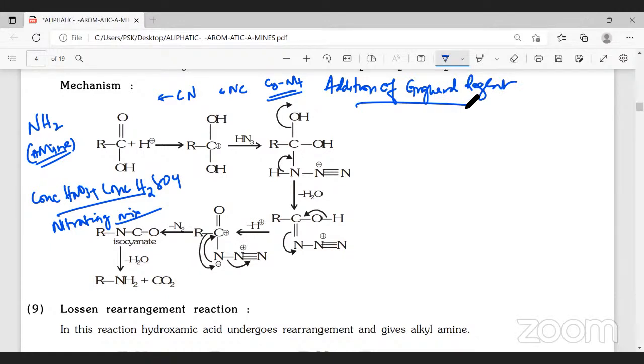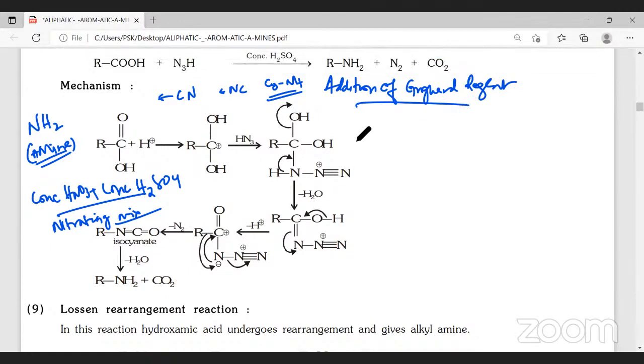Addition of Grignard reagent. So we'll take a specific example: CH3-C≡N. When this is allowed to react with CH3MgI, methyl magnesium iodide, which is a Grignard reagent, so what happens is,